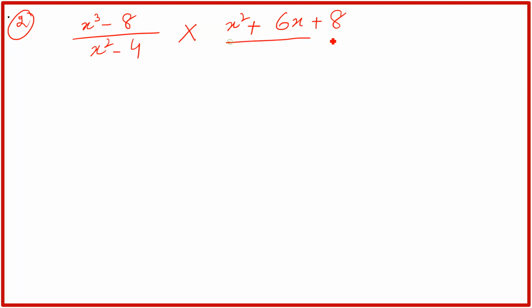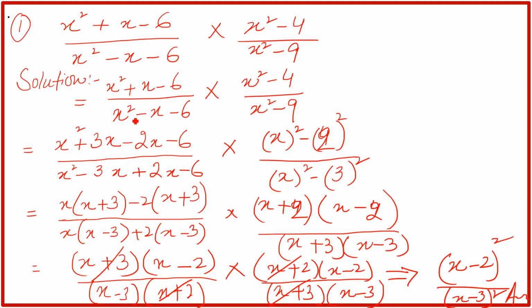One more question we will solve. Suppose the question is (x cube minus 8) divided by (x square minus 4), multiply by (x square plus 6x plus 8), divided by (x square minus 2x plus 1), right? Okay, so again you have to write down the solution here, just like this solution, and then you have to start,